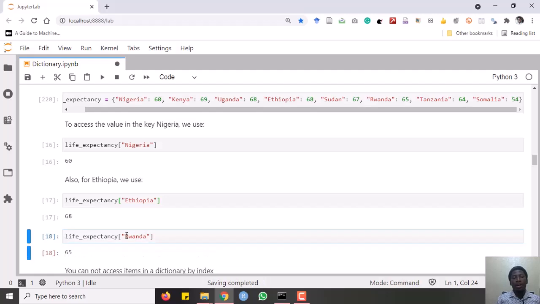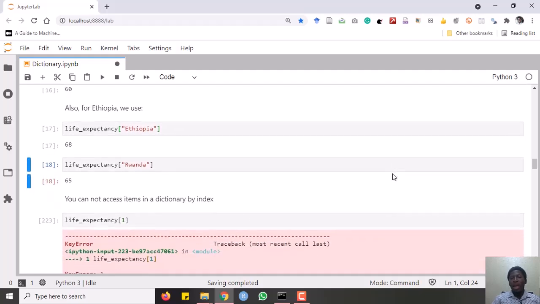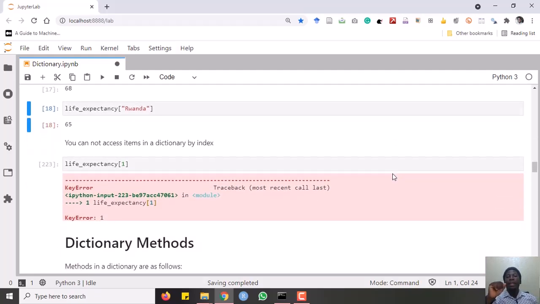So if I run this now, as you can see, the life expectancy for key Rwanda is 65, and you can easily see it in this place here, which is 65. Okay, great. So one thing about a dictionary is that you cannot